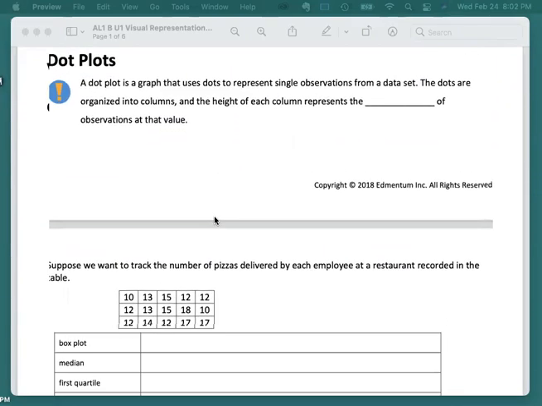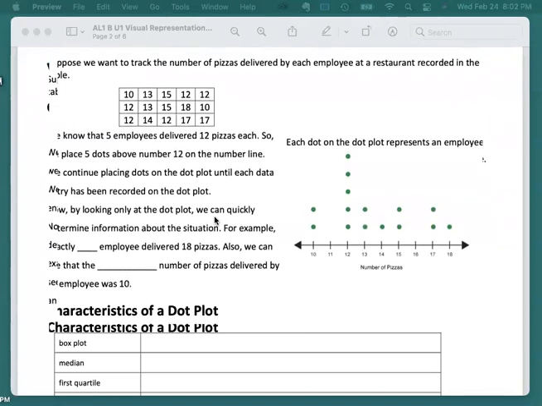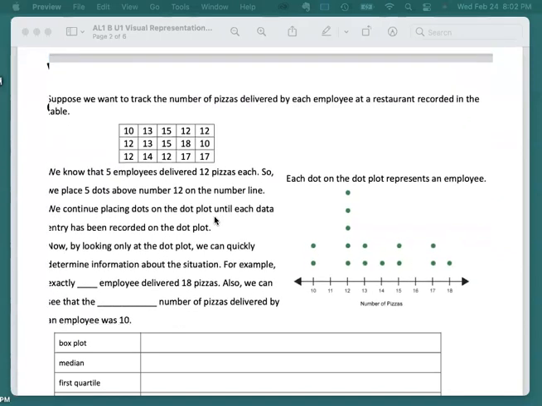So a dot plot is one way to show data. And here we have a table with a bunch of numbers in it: 10, 12, 12, 13, 13, 14, 15, 15, 12, 12, 18, 17, 12, 10, 17. And we know 5 employees delivered 12 pizzas each. So if we're looking at the chart, like 1, 2, 3, 4, there's 5 that are like 12 is listed